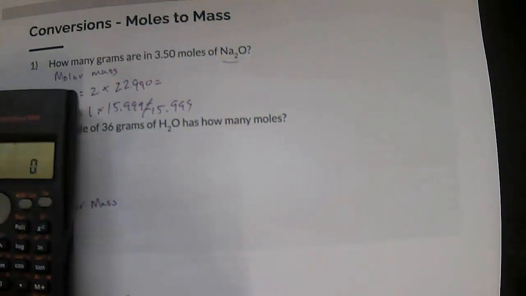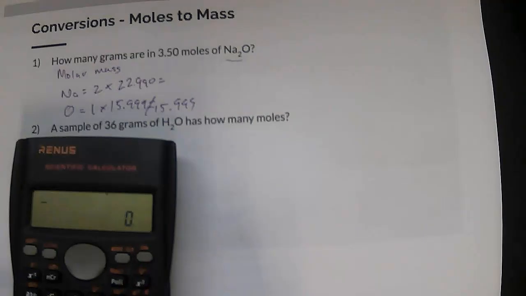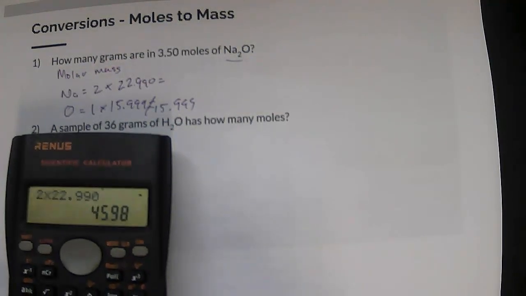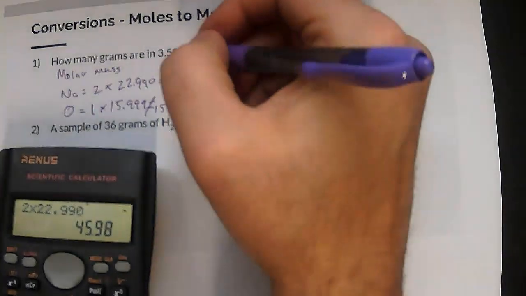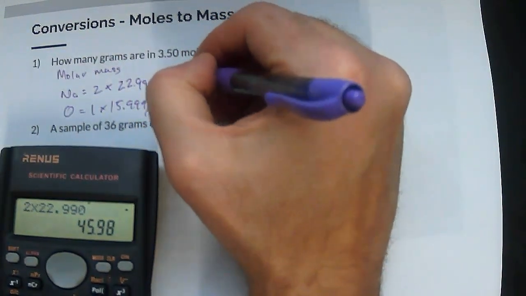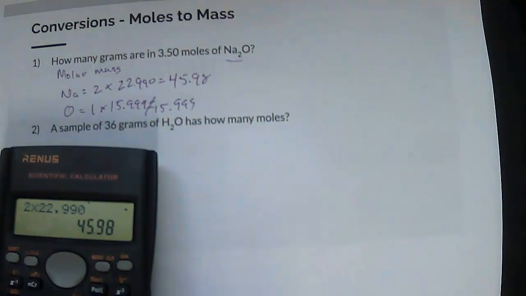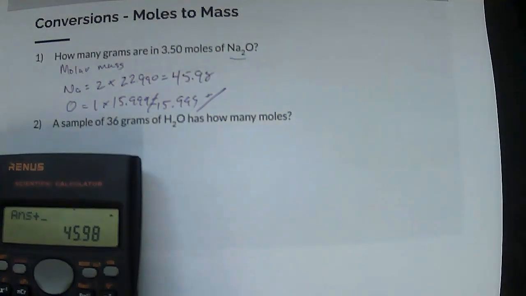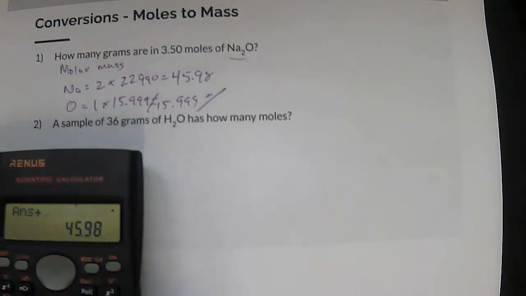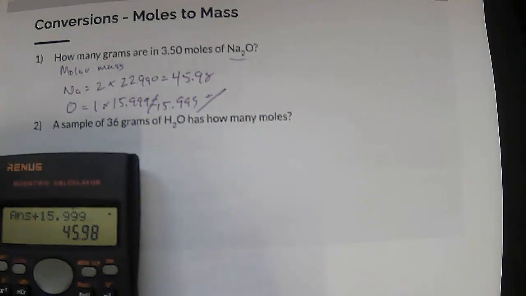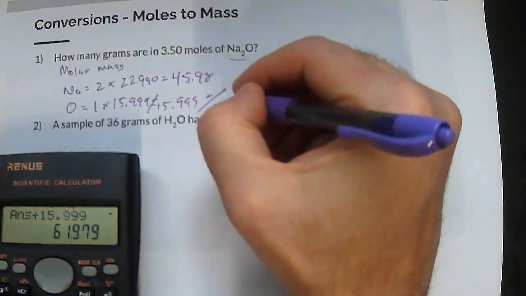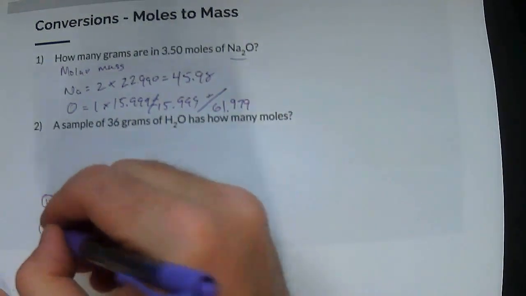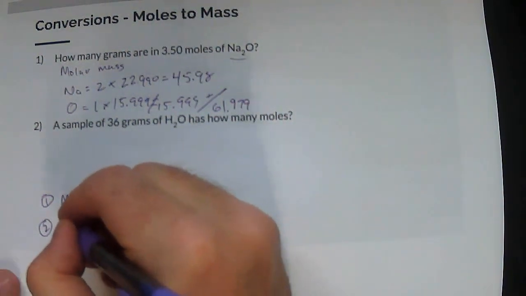So we will calculate 2 times 22.990, which is 45.98, and then we will add those two together with 15.999. That's 61.979. And then the second step is to write